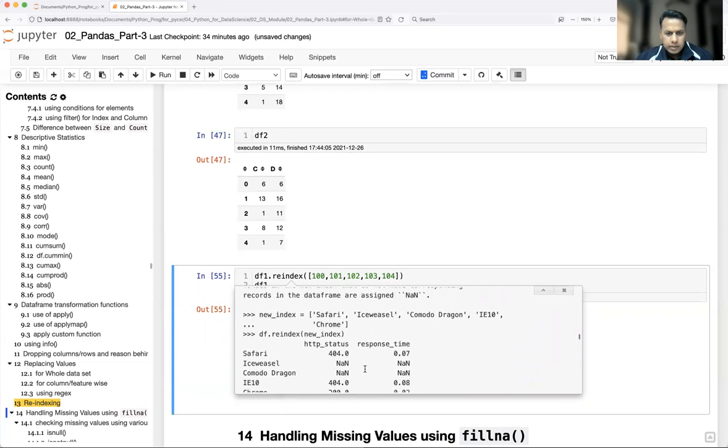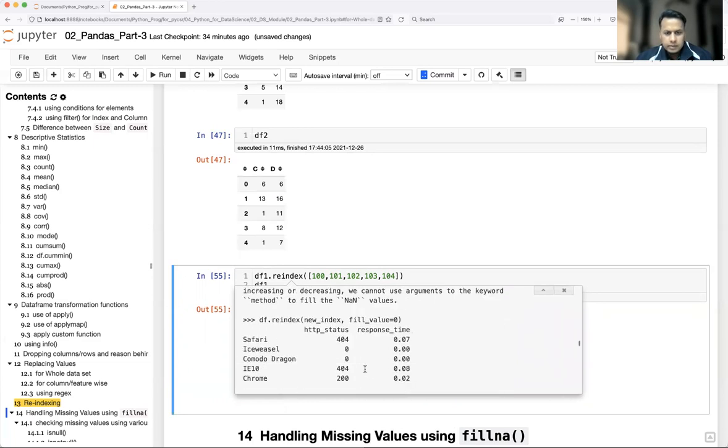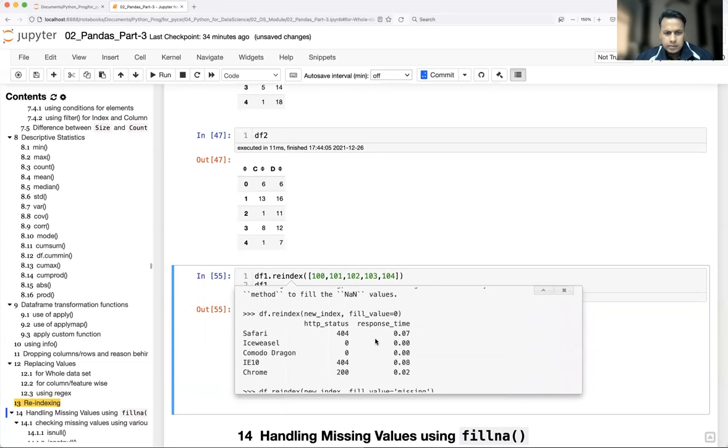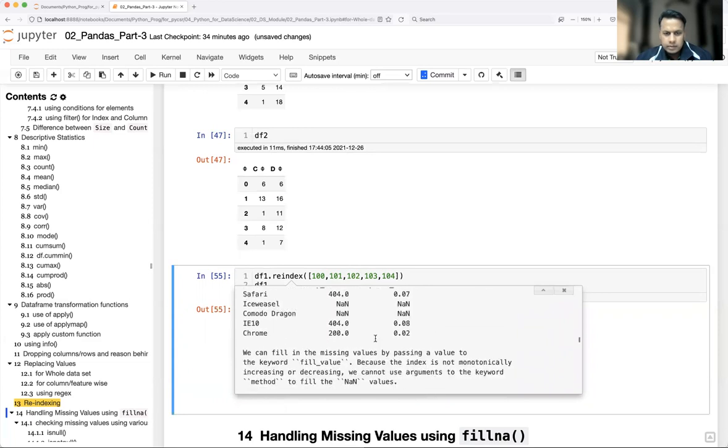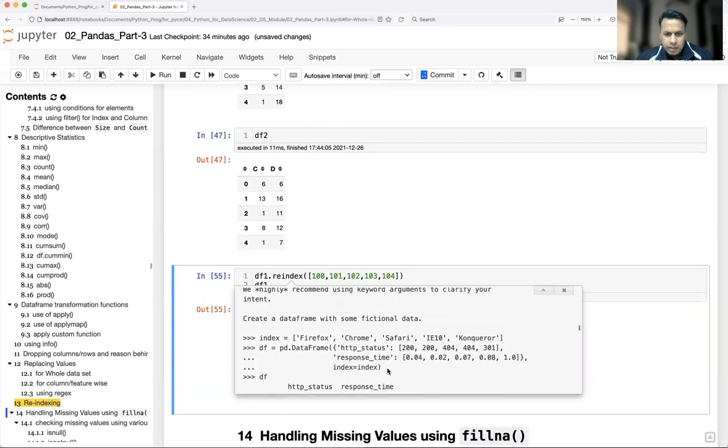Maybe I'll pick up this example, then I'll show.